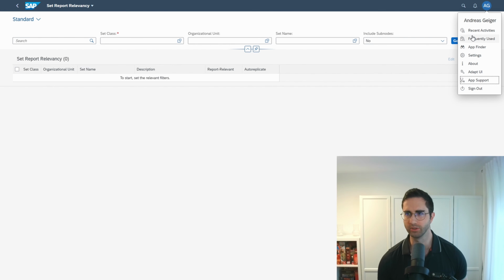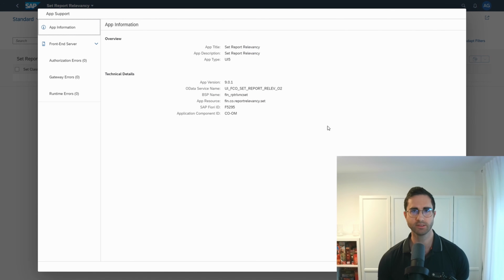Of course, you also have other functionalities depending on the context where you are. So there you can have more possibilities or less, but here you always have the option app support. If you click on this, then first of all you can get some app information like the app title, the app description, the app type, the app version and the OData service name. So the OData service that is being used for this app,